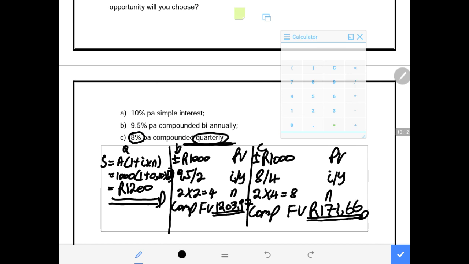So now this is very important to take a decision and say the investment that we must choose is the investment at 8% per annum compounded quarterly,